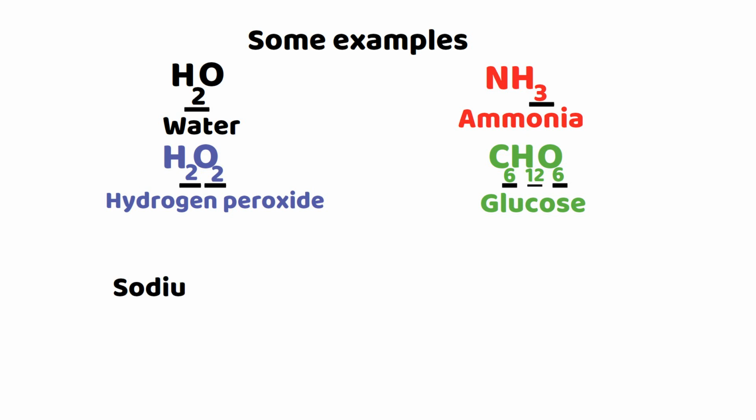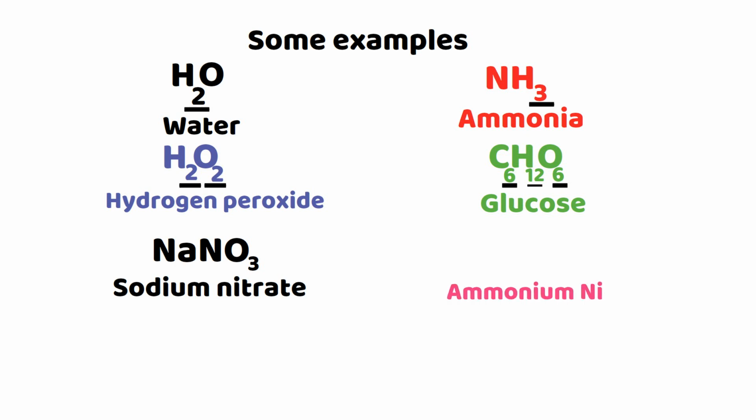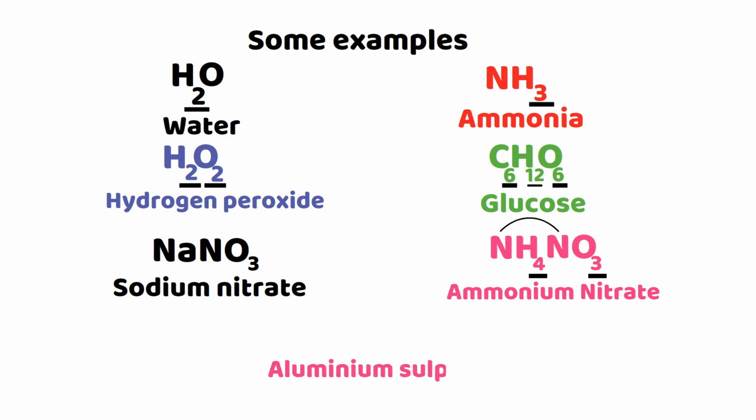The formula unit of sodium nitrate is NaNO3. The formula shows that 1 sodium, 1 nitrogen and 3 oxygen atoms are present in one formula unit of NaNO3. Also, the formula unit of ammonium nitrate is NH4NO3. Now here we have 2 nitrogen atoms, 4 hydrogen atoms and 3 oxygen atoms in one formula unit of ammonium nitrate. Similarly, the formula unit of aluminium sulfate is